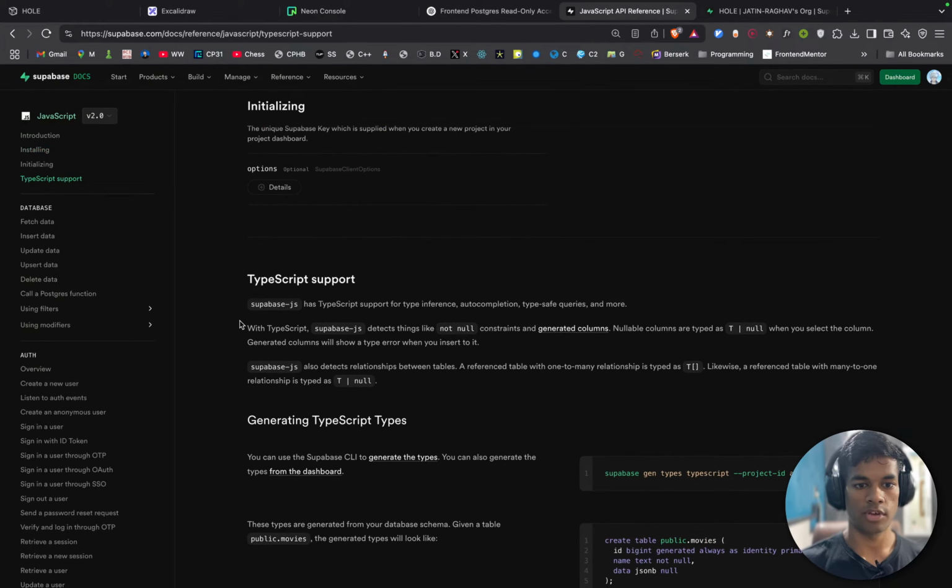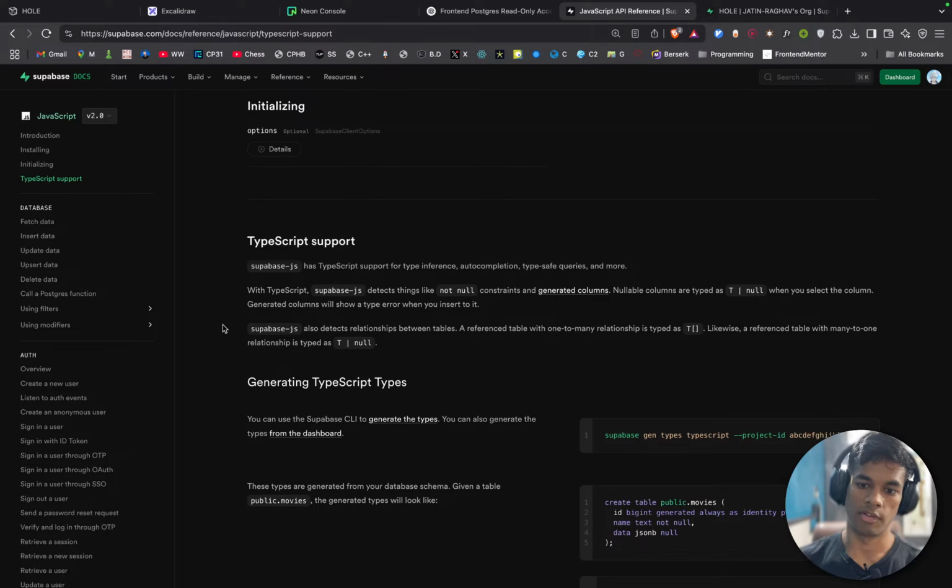Options, TypeScript support. Supabase has TypeScript support. Okay, generating TypeScript types. Supabase has TypeScript support for type inference, autocompletion, type safe queries, and more. With TypeScript, Supabase JS detects things like not null constraints and generated columns. Nullable columns are typed as T or null. Okay, and T is a generic.